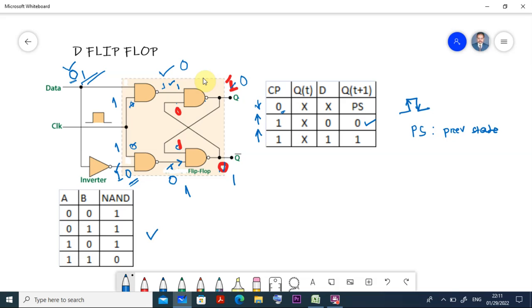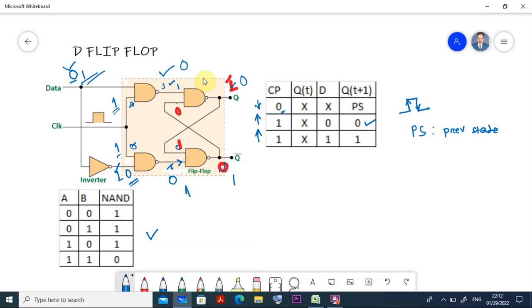So these are the fundamental things we know, and we applied them here to get all of this. If you need any clarity on this second one, remember the previous Qt plus 1 is equal to 0, right? Now I will explain again. My input is equal to 1 here, the clock pulse here is 1, and D is equal to 1.